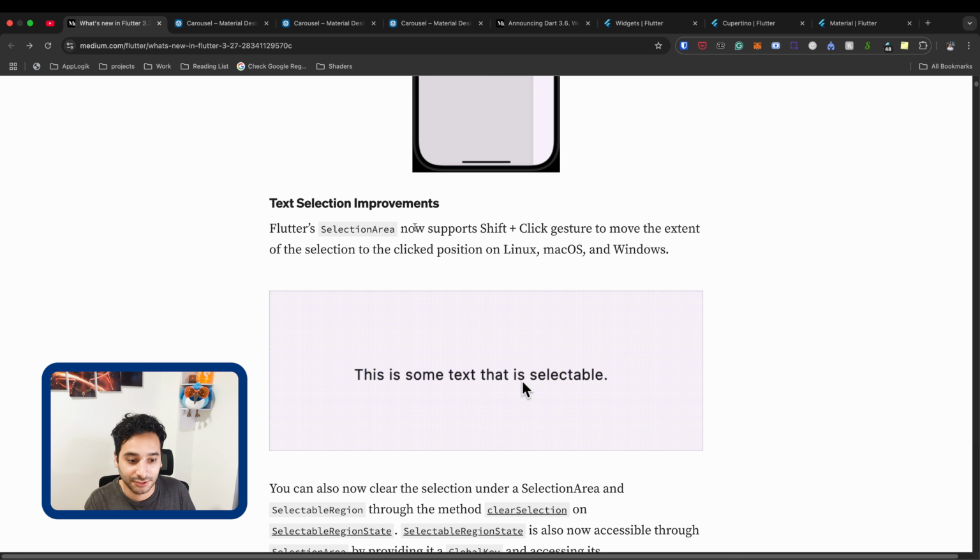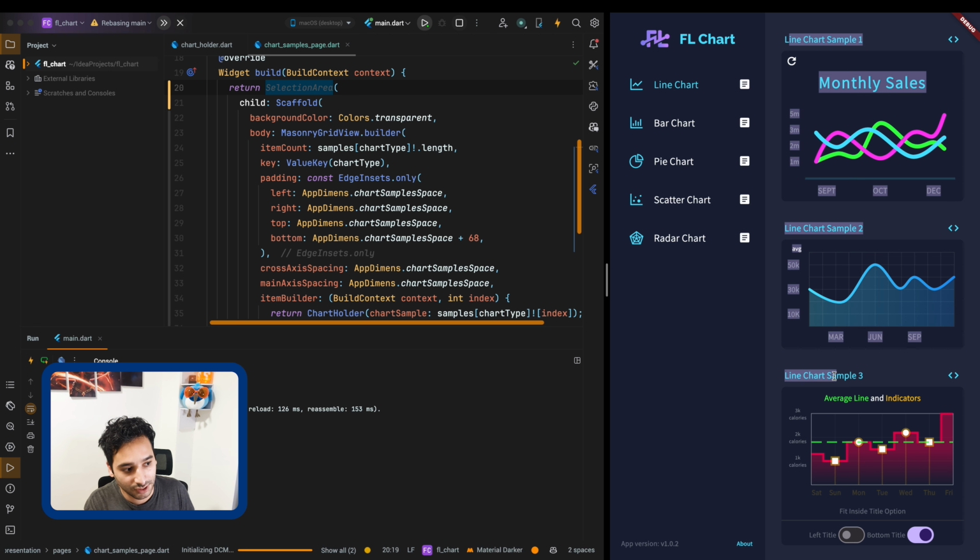And the point is that now you can shift click on a part of text to extend the selection to the point that you clicked. For example, now I'm dragging, and when I hold the shift and click here, the selection expands to this point. And the same happens in Flutter. So I'm on the newest changes, and for example, I can do this, and when I hold shift, it goes towards this point. So it is the new feature that is added to Flutter.